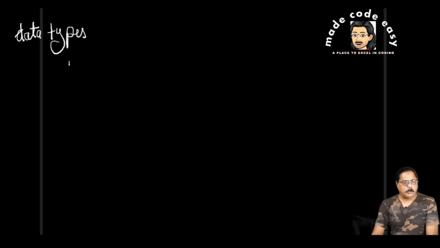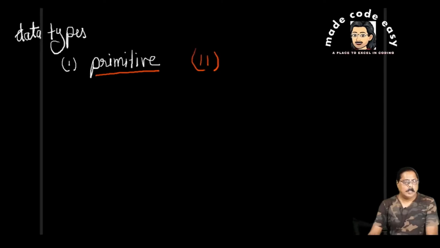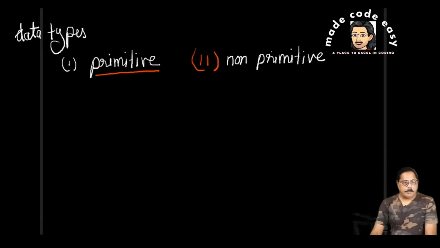There are two types of data type in Java. One is primitive data type, and the other is non-primitive data type. What is non-primitive? Now, primitive data type, we have